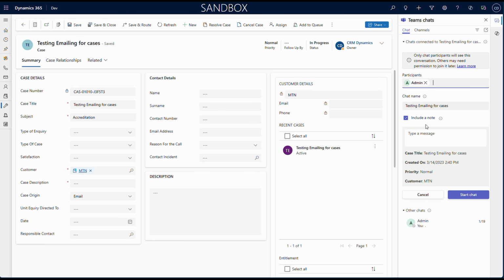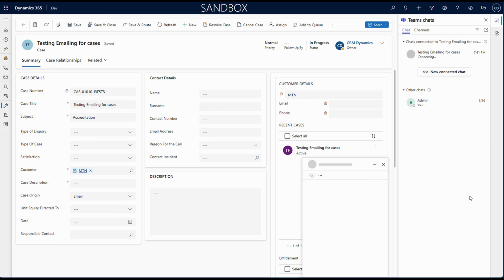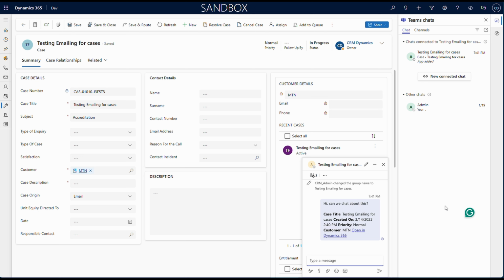I have selected my participant as admin, and now before I click on Start Chat, you will see the details of the record, like the case type, when it was created, the priority, and who is the customer. If I click on Start Chat, what this is doing is sending a chat message to admin in Teams, and I never had to leave my